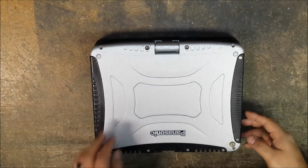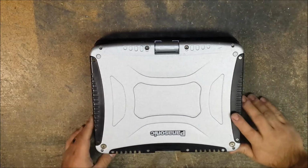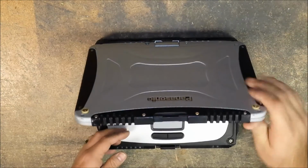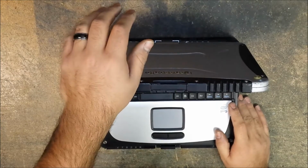Alright, I got a CF-19 MK1. It's a Panasonic CF-19. Today I'm going to show you how to remove the complete LCD assembly. You would be doing this if you were